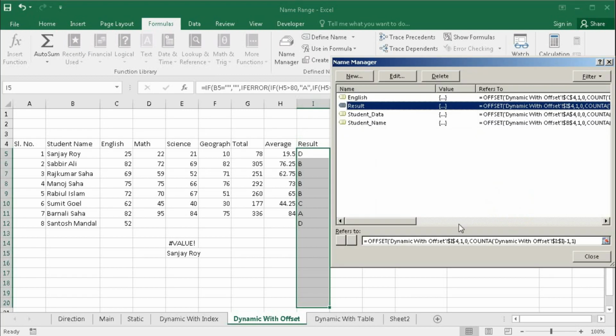Okay. Now if we select the result and click here, we can see that the range is up to row 20, but actually it should be up to row 12. As these are not blank cells, it is counting these cells also.